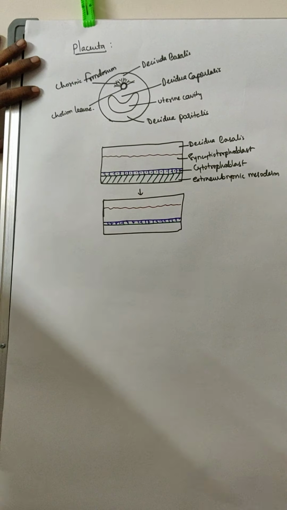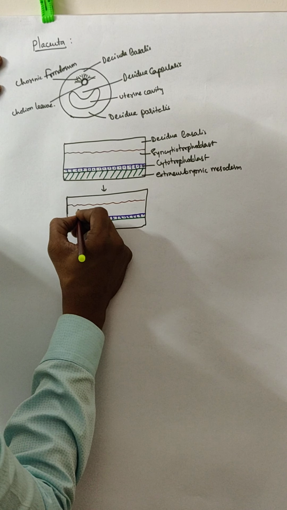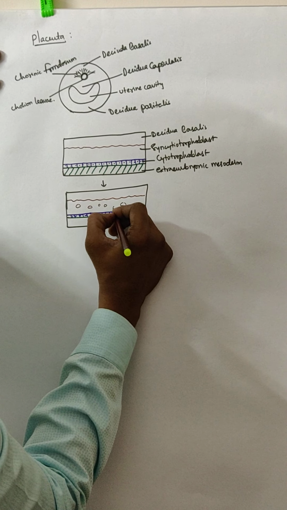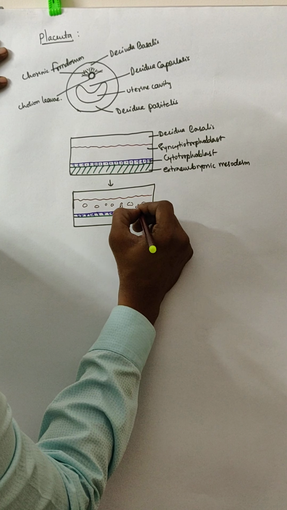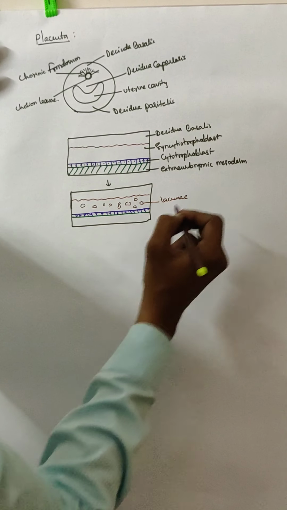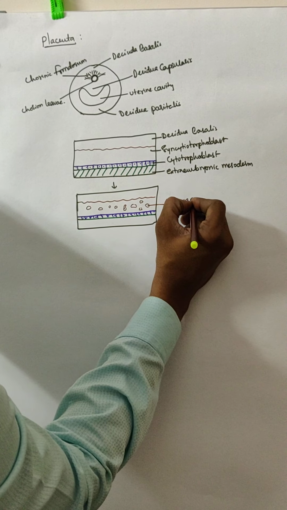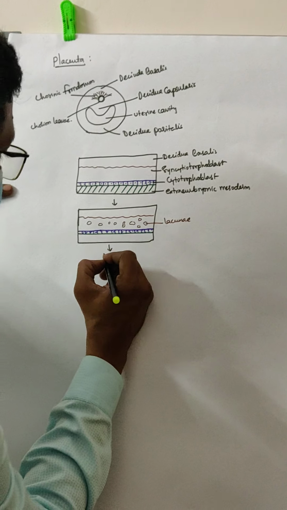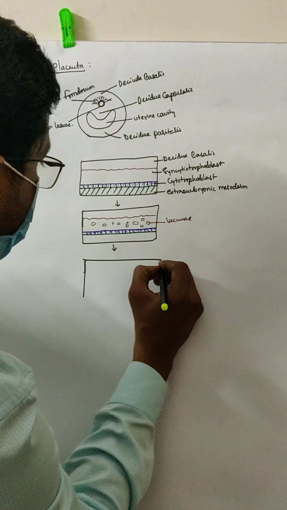Within this syncytiotrophoblast, you will see formation of small gaps, which are called the lacunae. Initially these lacunae are small and numerous in number, and afterwards, during the development, these lacunae